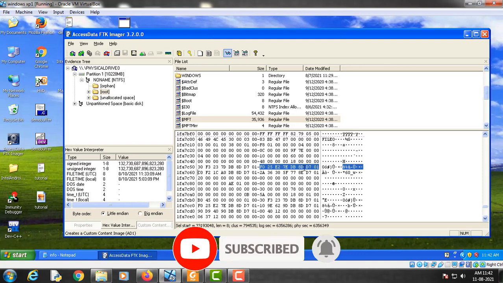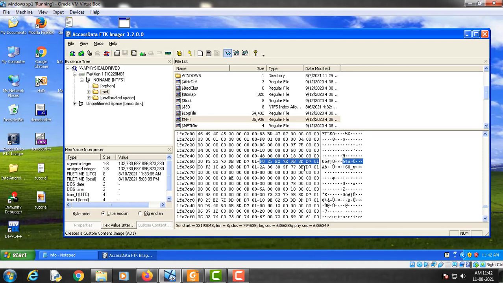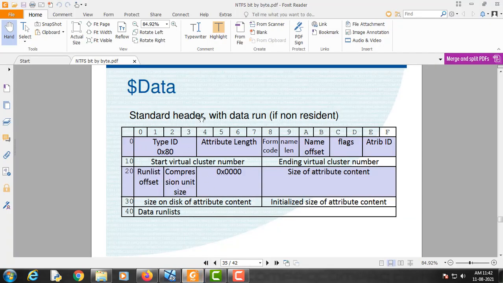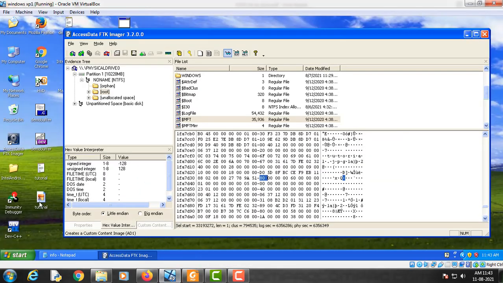So now let's go straight to the data attribute, which starts from byte 80. We will take help of this diagram to find the location of the data run list, and from this data run list we will try to recover this tutorial.jpg file.